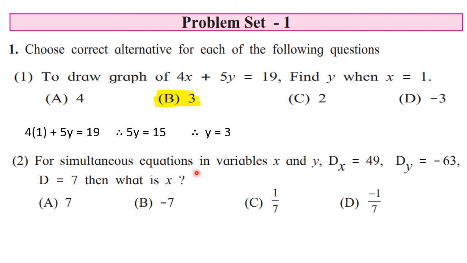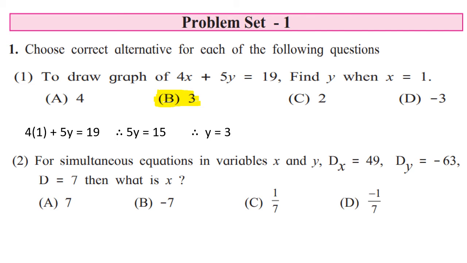For simultaneous equations in variables x and y, if Dx is equal to 49, Dy is equal to minus 63, and D is equal to 7, then what is x, they have asked. Okay. So you have to find out what is the value of x. When you see these letters Dx, Dy and D, immediately you will come to know that this question is based on the